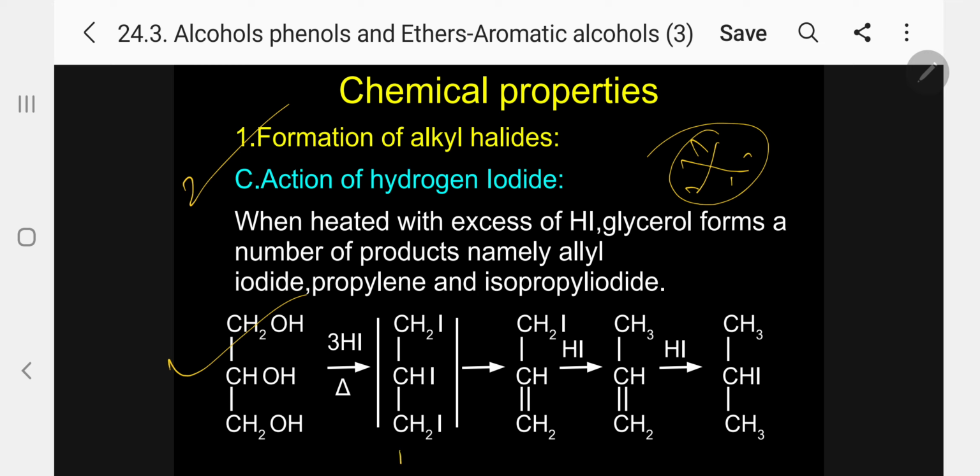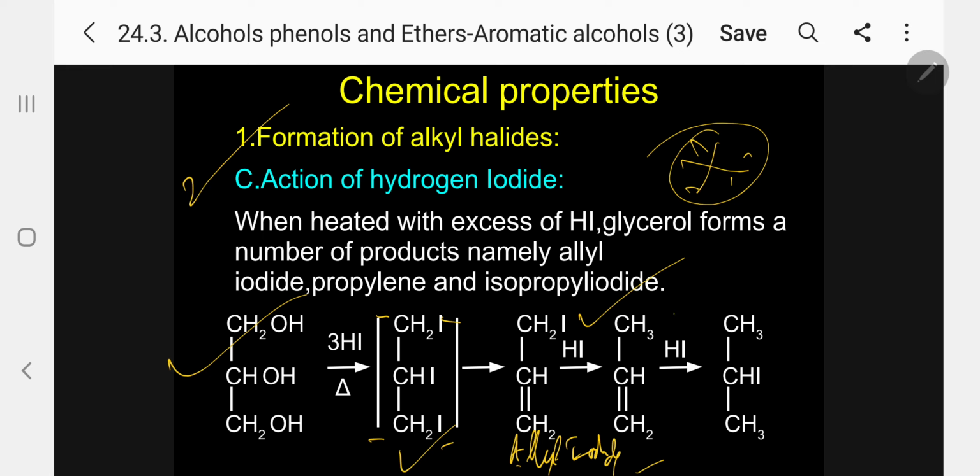the first one, an unstable product, that is 1,2,3-triiodopropane, shown in bracket. Kindly follow, it is unstable. So leaving iodine, it forms allyl iodide. Allyl iodide. Kindly follow. Then this allyl iodide again reacts with HI to form